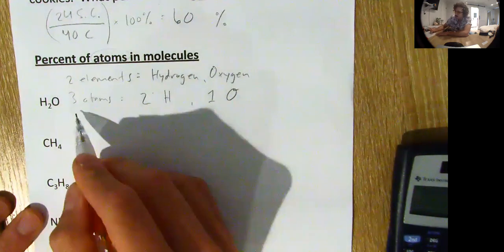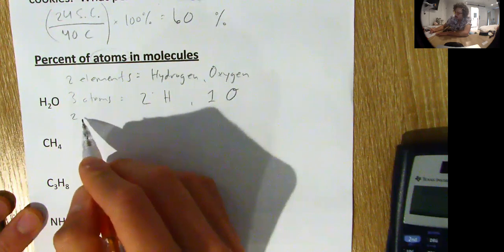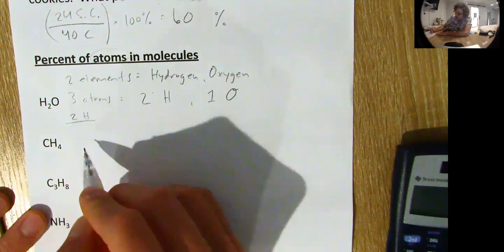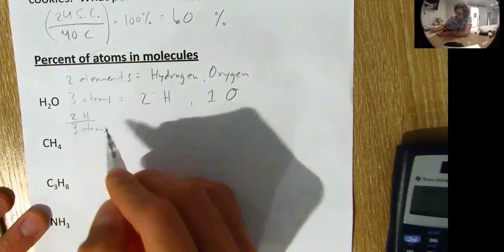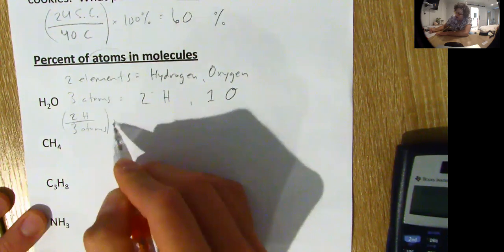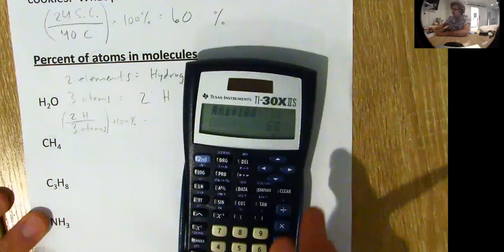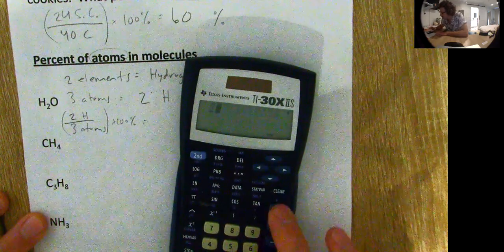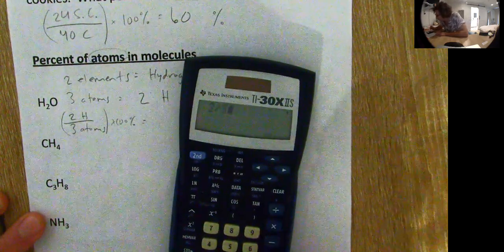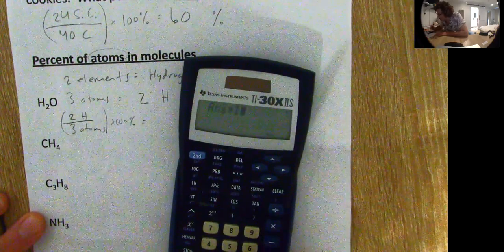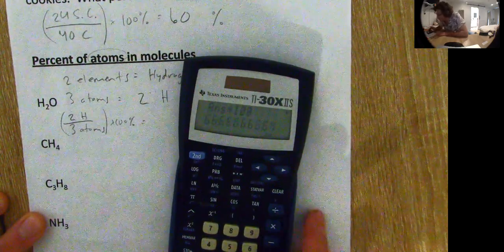So let's do two hydrogens divided by 3 total atoms. Multiply by 100%, and that gives us our percentage on the calculator. 2 divided by 3 equals 0.66 times 100 equals